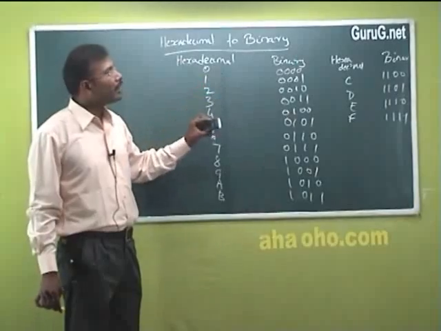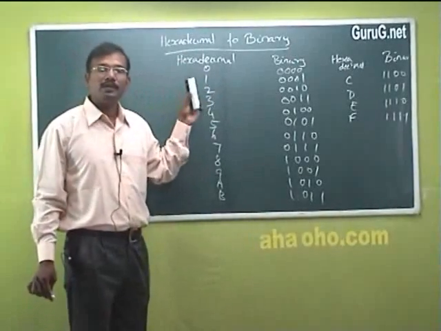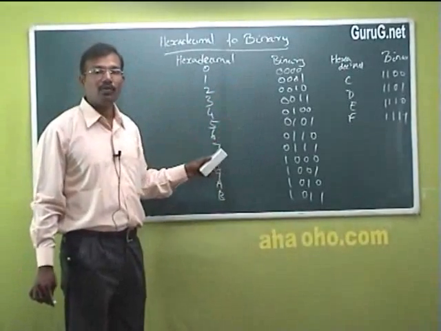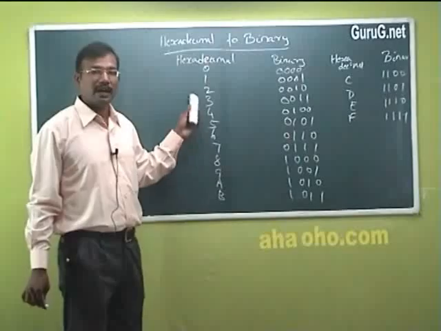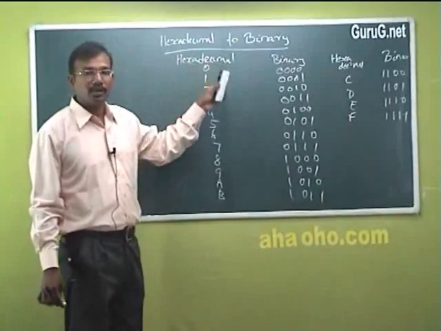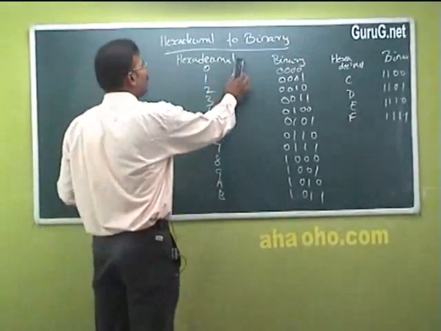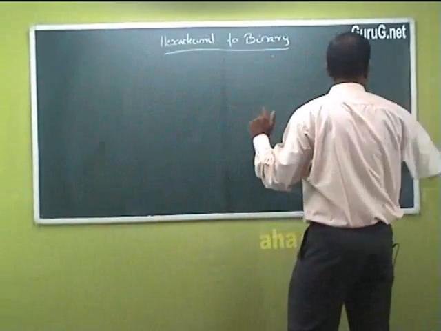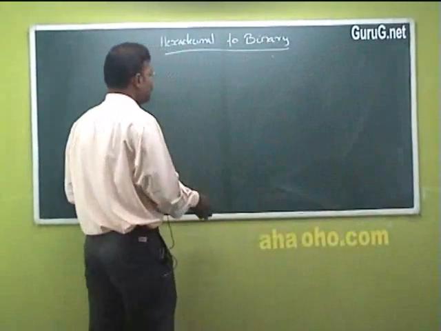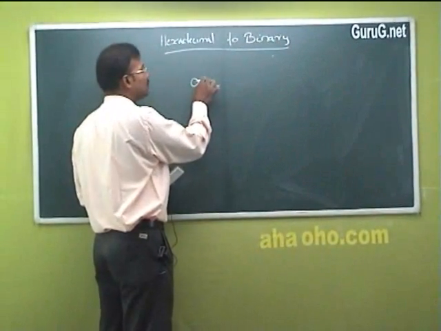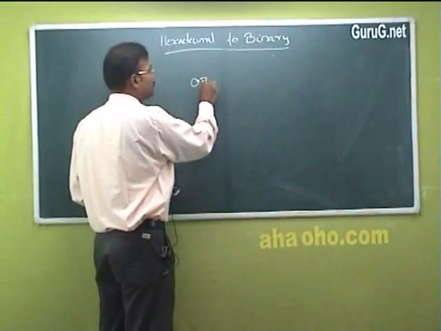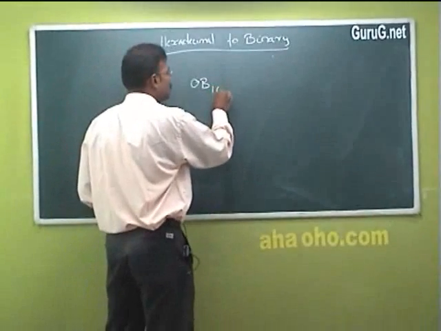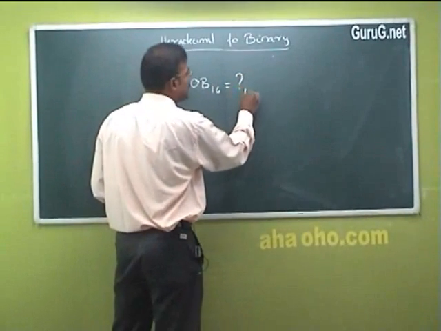So similar to binary, suppose we give 0, 1, 7 as the value, you need to write the binary representation, and we are going to see how to convert this hexadecimal value to the binary equivalent. Now we take one example for the conversion and write the binary representation of that. Suppose you have 0B as your hexadecimal value.